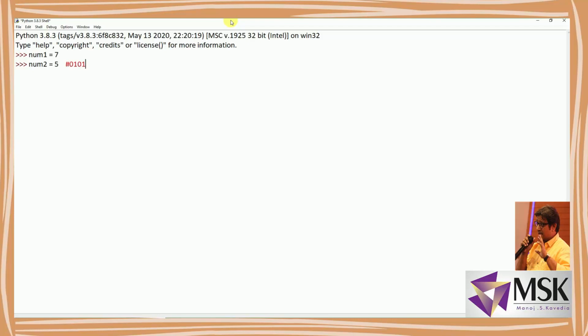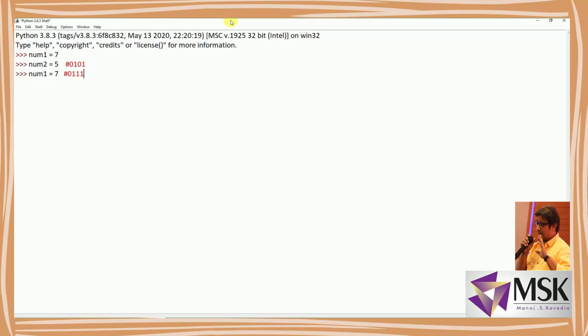Actually in computer it is taking more bits, but here since the value is 5, the last 4 bits, or LSB, are more significant. Here again I am writing num1, because at previous declaration I forgot to write its binary equivalent, so I am writing 7 and hash 0111. So this is the binary equivalent.